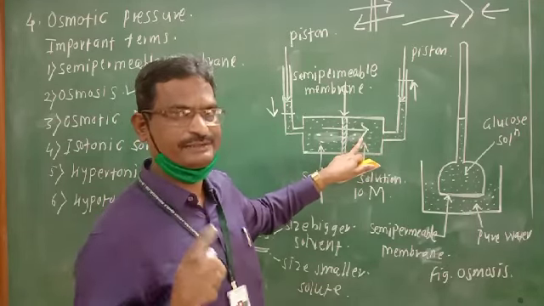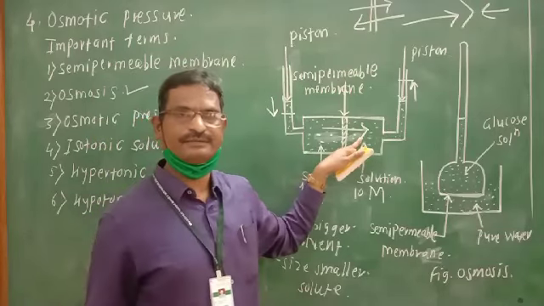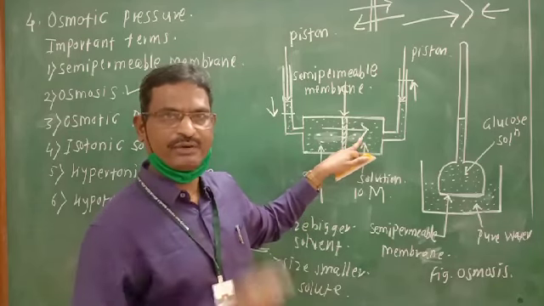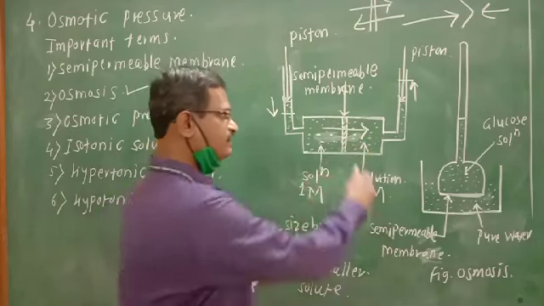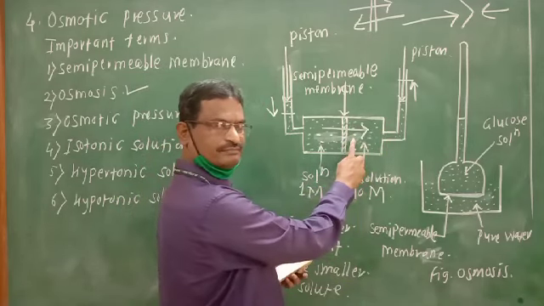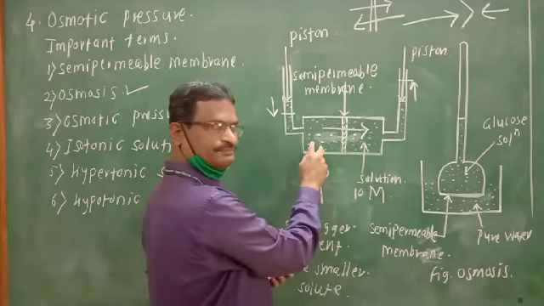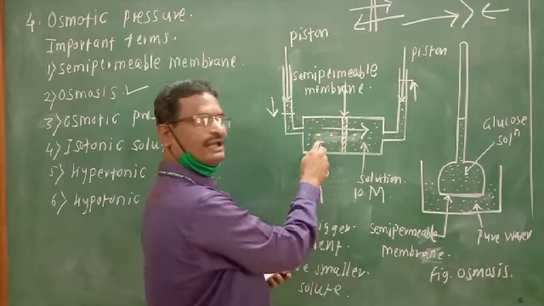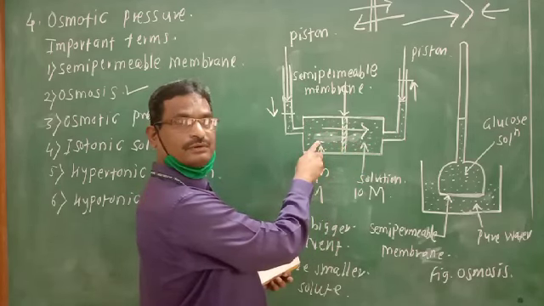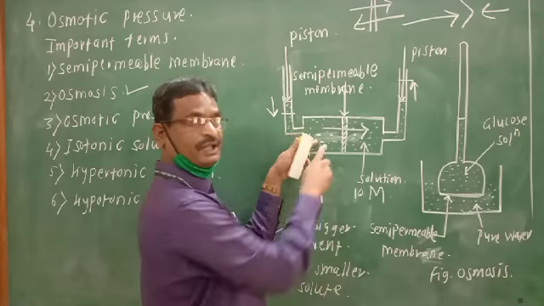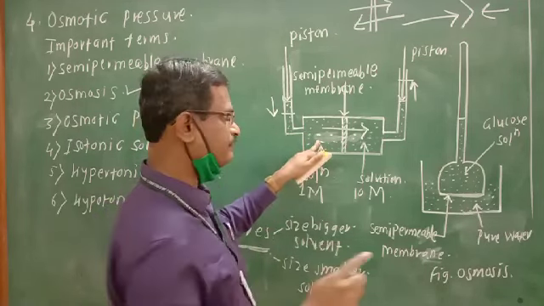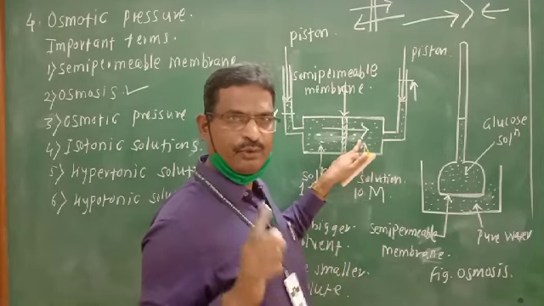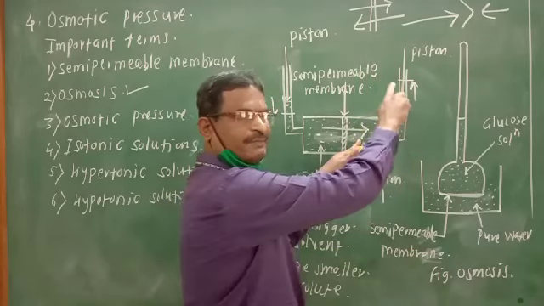Now see the direct consequence. There is a direct consequence of vapor pressure and osmotic pressure. Osmotic pressure has a direct relation with the vapor pressure. This side has higher concentration, this side has lower concentration, or if this is a pure solvent, this is a solution. Pure solvent has a higher vapor pressure and less osmotic pressure. This side, which has a higher concentration, has less vapor pressure and higher osmotic pressure.